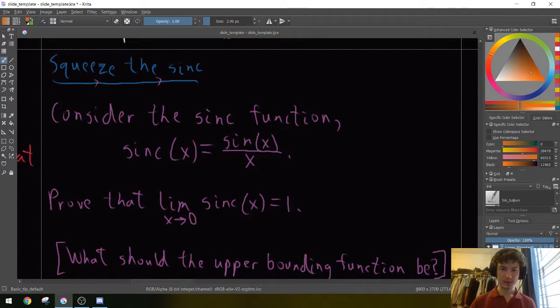Well, it's built out of functions you've seen, but this is called the Sinc function, not to be confused with the hyperbolic sine. That was sinh with an H. This is Sinc with a C. And electrical engineers use this a lot because it has a nice Fourier transform, and